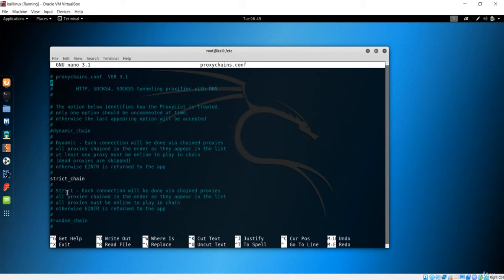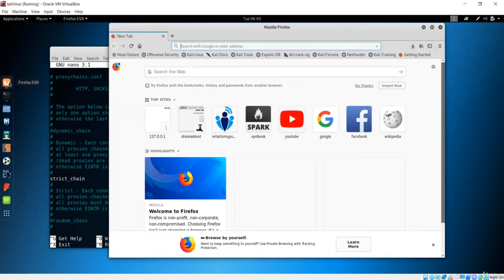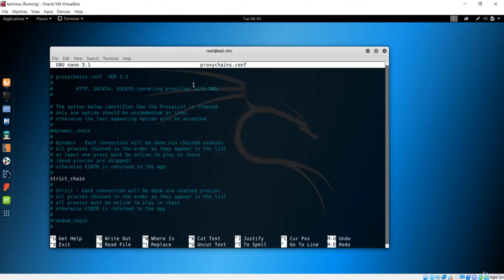First of all, you can see that we have this bunch of tunneling proxies here. We have seen something like this in Firefox, where there were proxies named HTTP, SOCKS 4, SOCKS 5. Basically these are the connection proxy servers, and they support the tunneling procedure. That means you will get a different IP address with each of these proxy servers. Remember that each has its own benefit, and the fastest one here is SOCKS 5, which we will be using in this lecture.